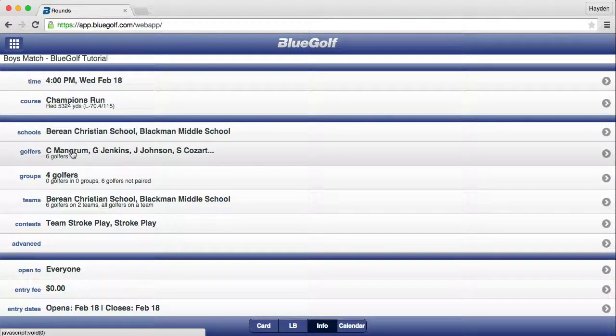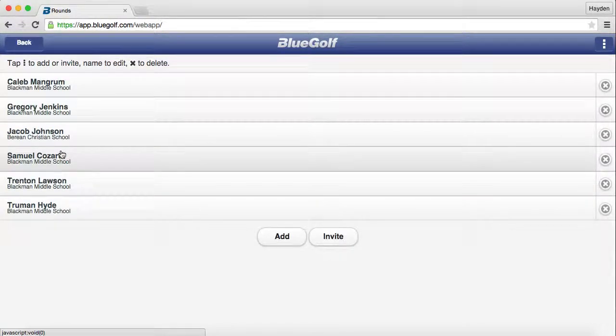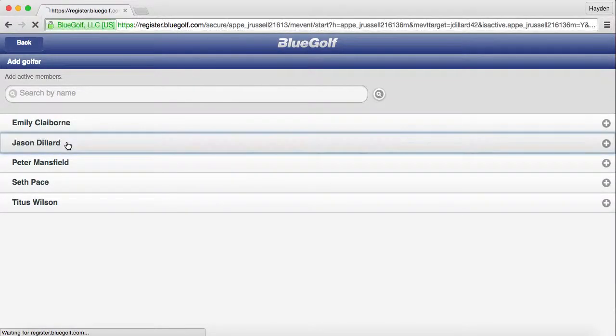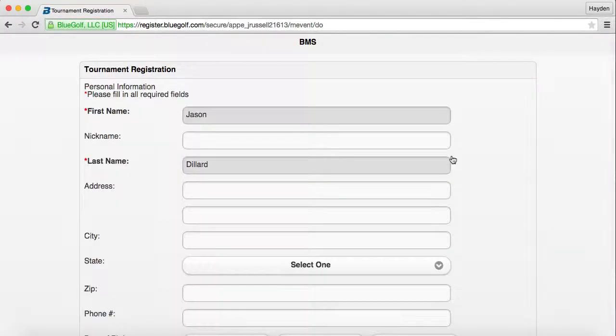So for boys matches in TMSGA, you can play up to 5 players and 4 scores count. So in a match, you can play a minimum of 4 players in a boys match. For a girls match, you can play up to 3 players and 2 scores count. So again, to add a player, click add, click the name of the player you wish to add, click next,